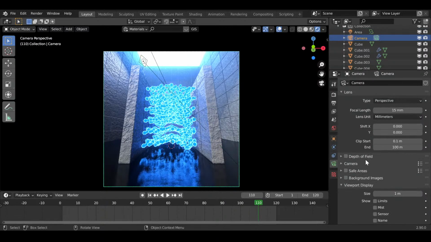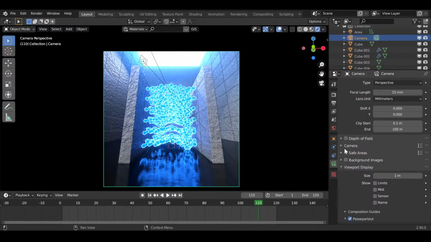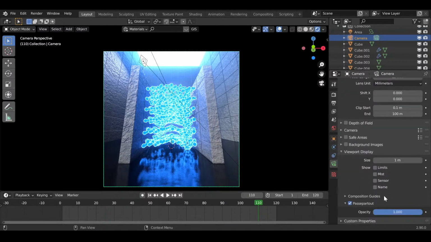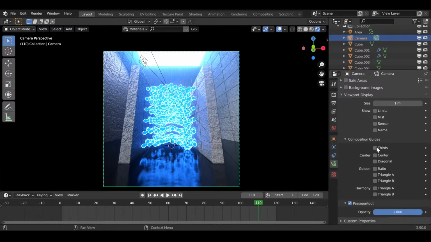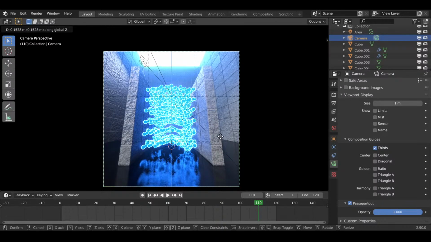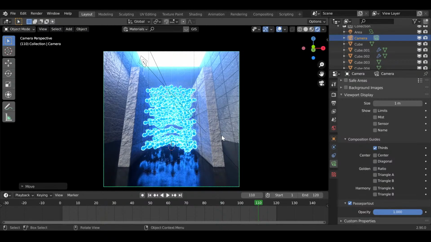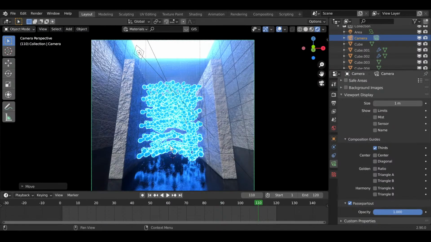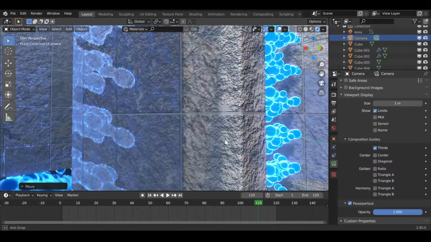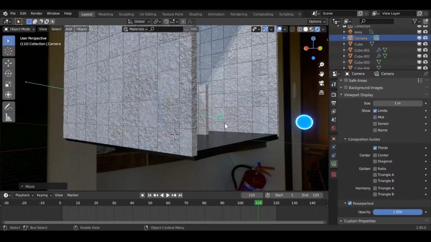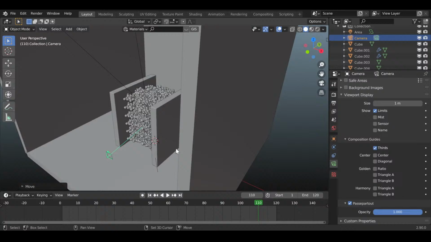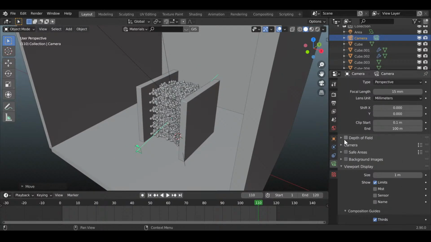I just want to double check my framing. You can do this just by turning on the composition guides. I like to go by the rule of thirds. Something like that looks good. Also turn on the limits for the camera while I'm here. Let's bring those back